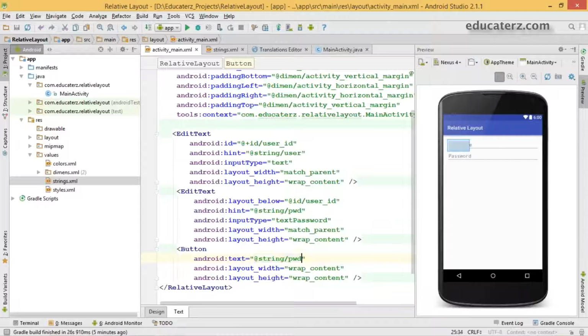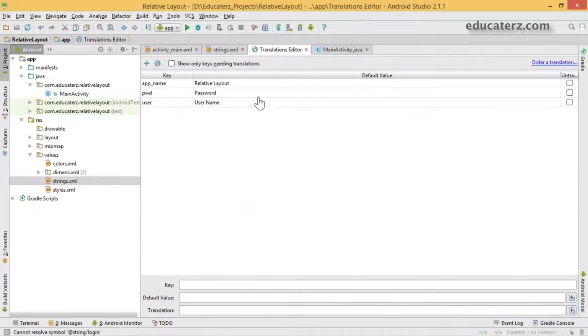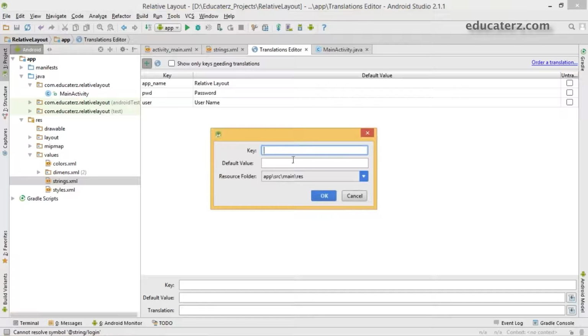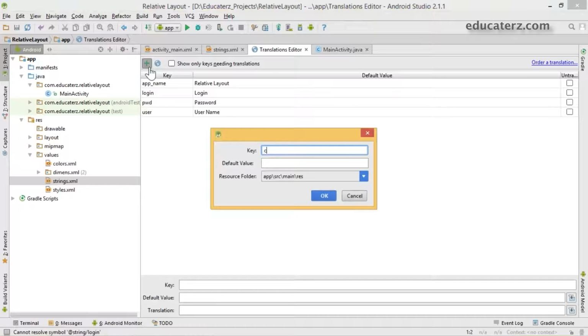So just create a string reference. This is for login, save it. As I did not create any string with the name login, it is throwing an error. Go to the translations editor, create a new one. Name it as login and the corresponding value is login, and create one more for your cancel as well.